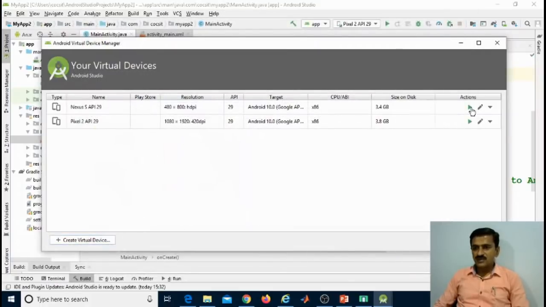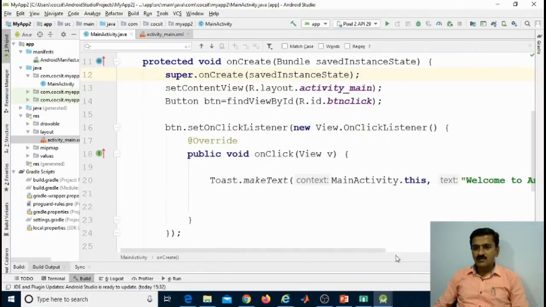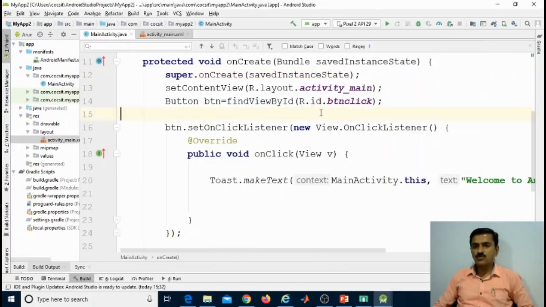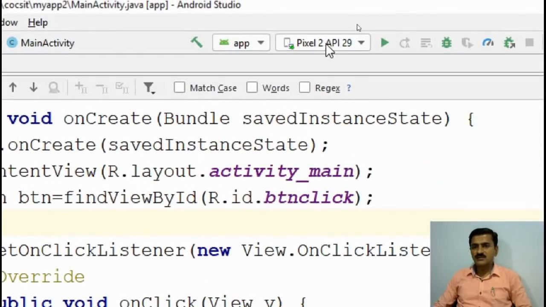This virtual device is already started. So here is the virtual device I have already started. I am going to run the app in this virtual device. Now I am going to click on this run button. I have selected the virtual device on which I want to run the program, and I am going to click on this run button.